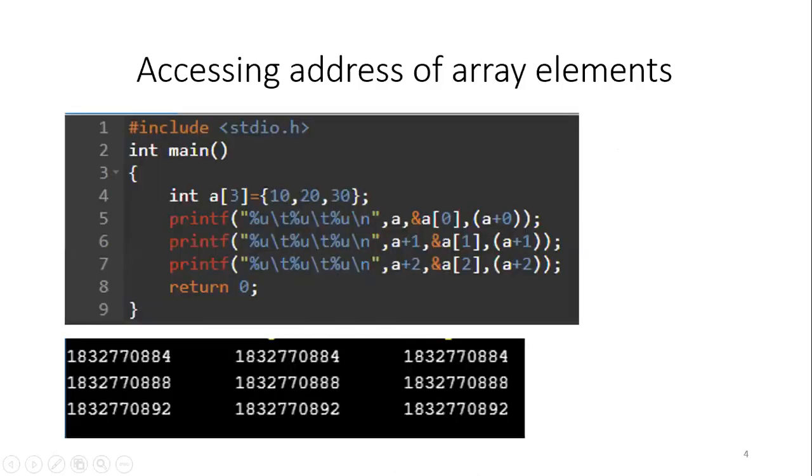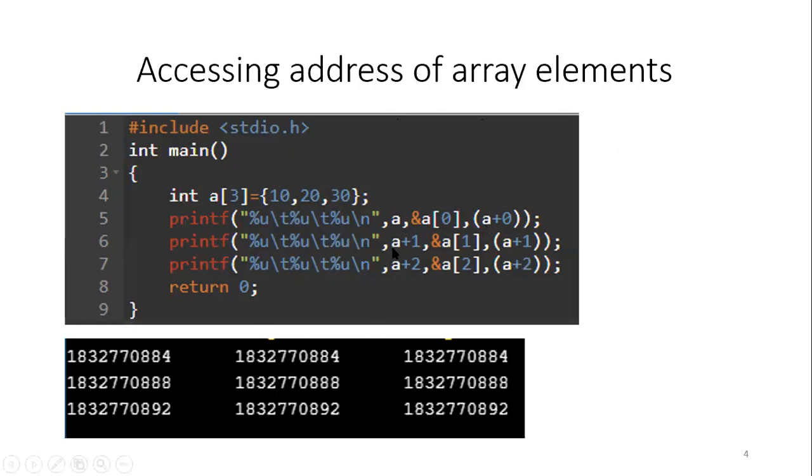Now let us see with the help of a program. I want to access the address of the ith element in an array. Here I have declared a[3] as an integer array and stored the values 10, 20, and 30. Now I need to print the address of the first element a[0]. I can print it simply by referring to a, or otherwise &a[0] or a + 0. I have listed only 3 methods here. We can use the remaining 3 methods also.